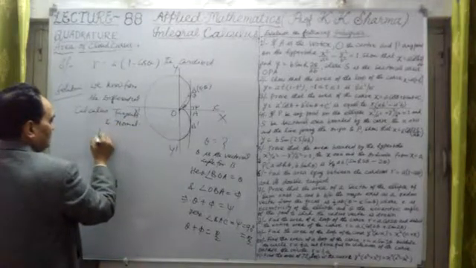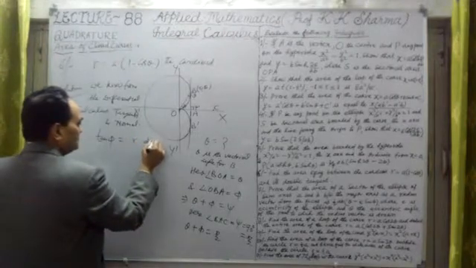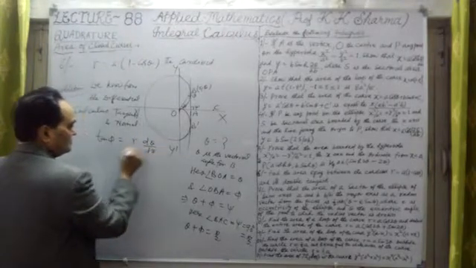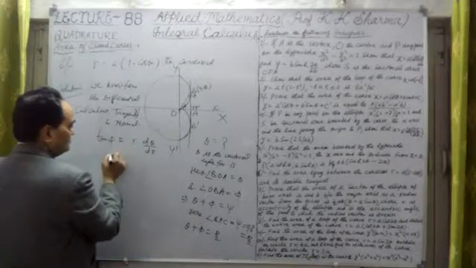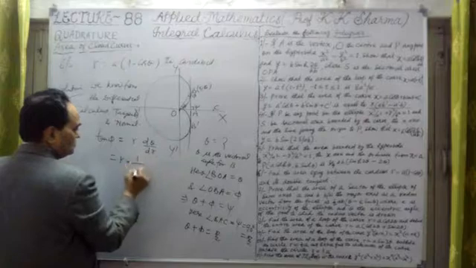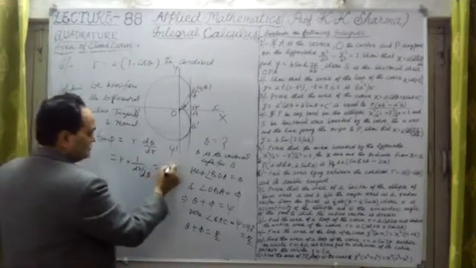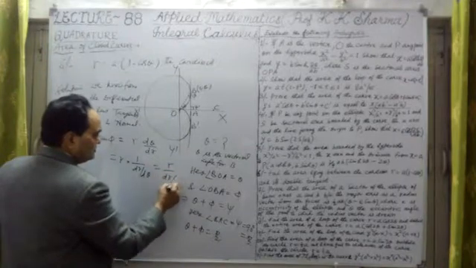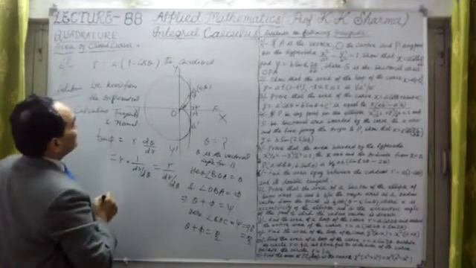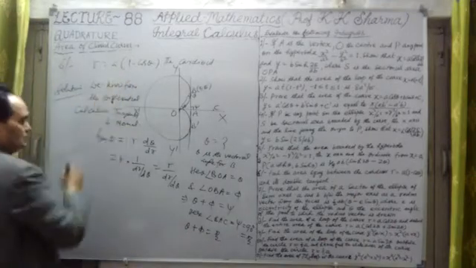Tan psi is equal to r into d theta upon dr, which is r upon dr d theta. What is the value of dr d theta? That will be calculated from here, and r is that value. Therefore,